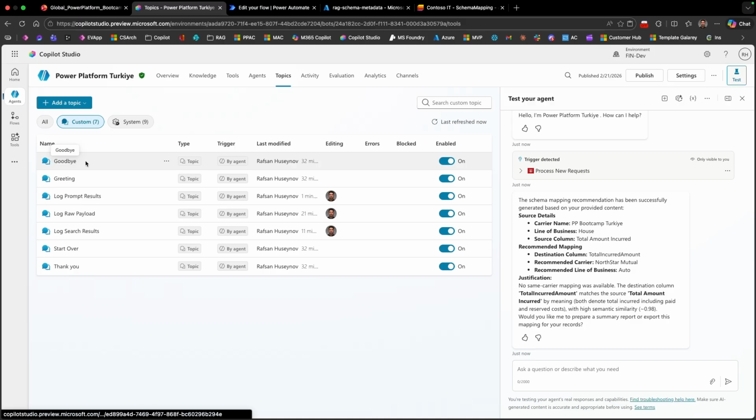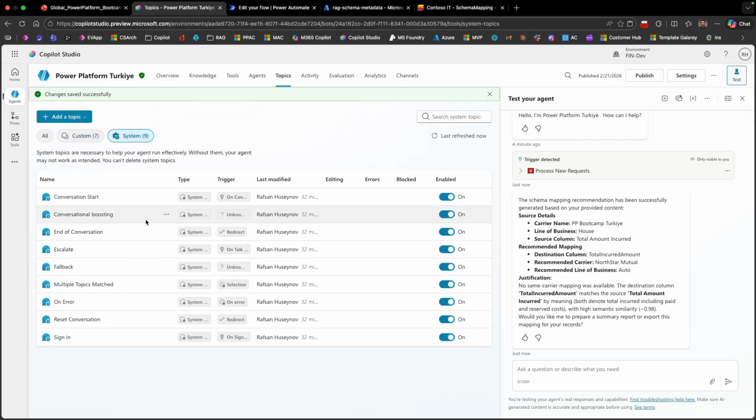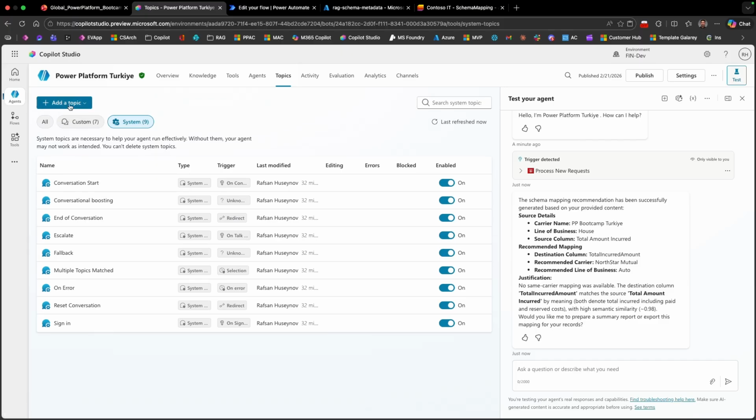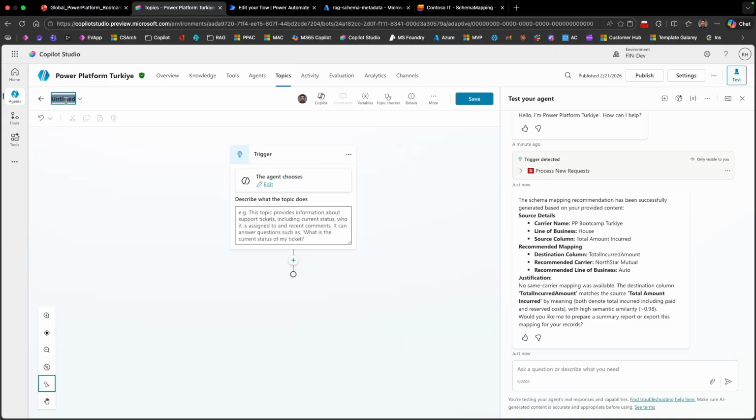SharePoint site. So by the way, for autonomous agents, you really don't need goodbye, greeting, thank you. So I try to toggle them off. You can do the same thing for the system topics. Anything that you think won't necessarily help your agent, just go ahead and toggle them off. And here I will create another one, log AI outputs